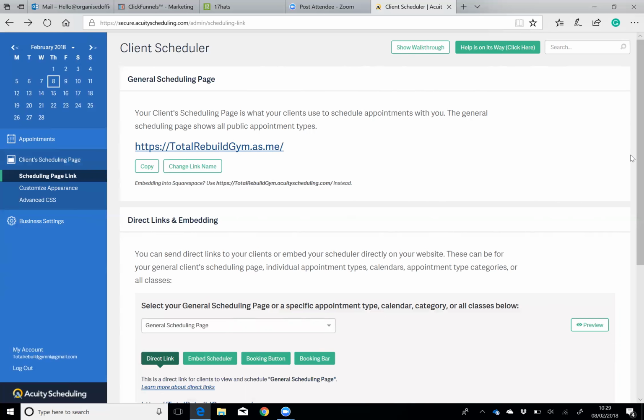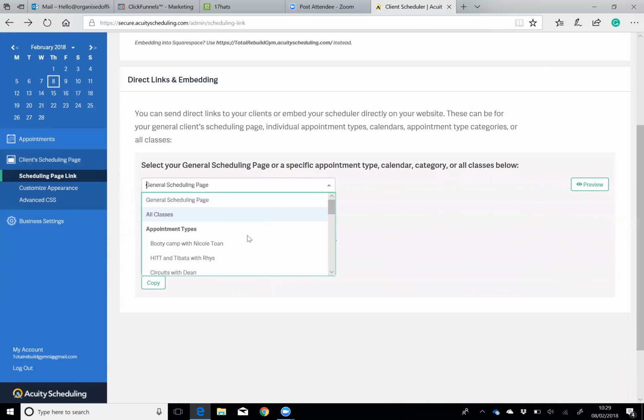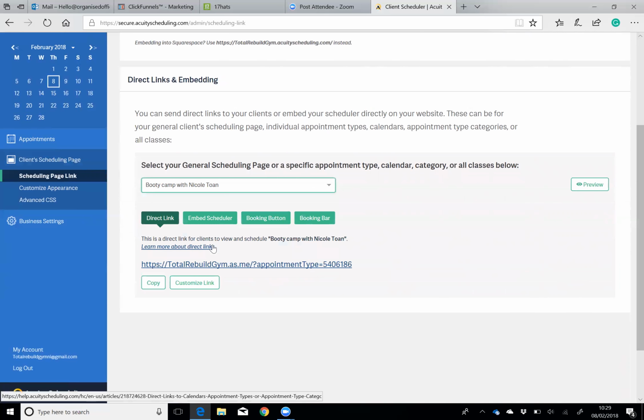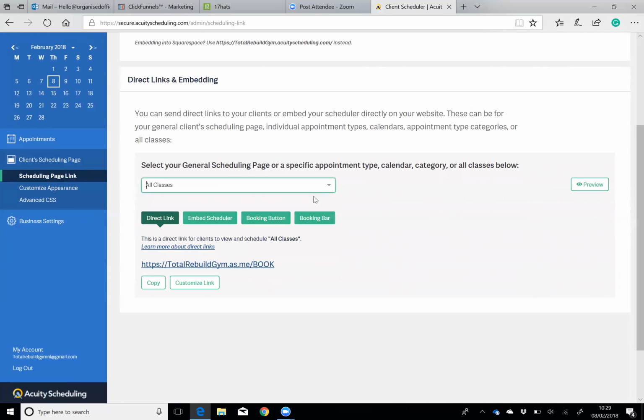So if you wanted to put a direct link to a certain service or class, you could pop in, if you wanted to promote, say for example, this booty camp with Nicole, this will give you specific links that put you into book, and the only thing that you could book when you press this link is the booty camp, nothing else. I typically always select all classes, and then this is the URL link that we will give to